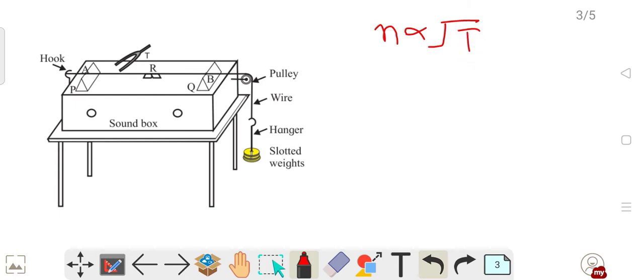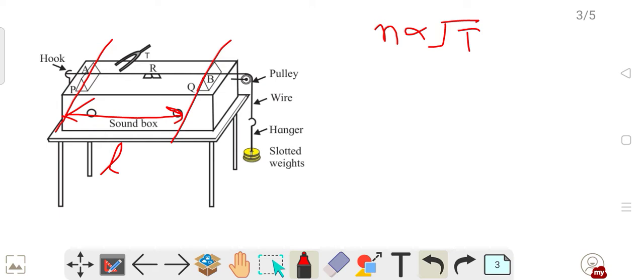What was done is the vibrating length of the given wire of mass per unit length small m is kept constant for verification of the second law. That means what? In this case, what I did was I fixed this distance. This distance I am not changing. L is fixed, and the wire is kept same in every experiment. That means linear density of wire will be same.